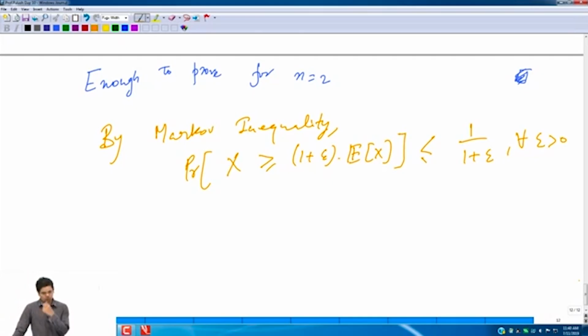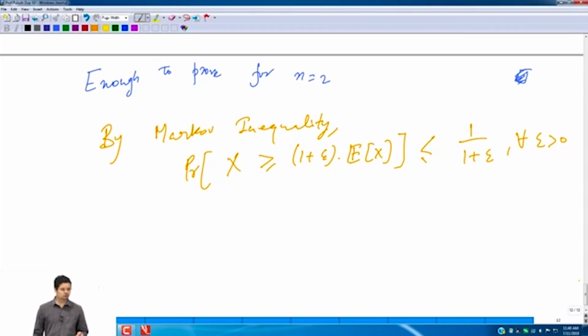If I put x equal to, say, 3, or x equal to 2, sorry, omega epsilon equal to 2, then it gives that the probability of x being greater than or equal to 3n by 2 is less than 1/3, whereas we know that its probability is actually 0, isn't it? We have tossed the coin n times, it can't come out heads 3n by 2 times.